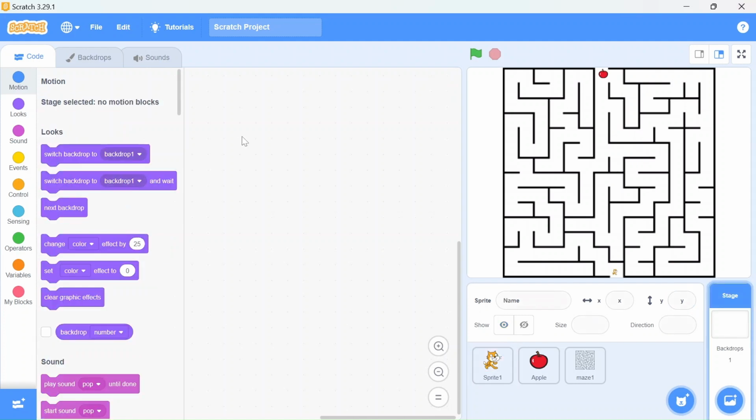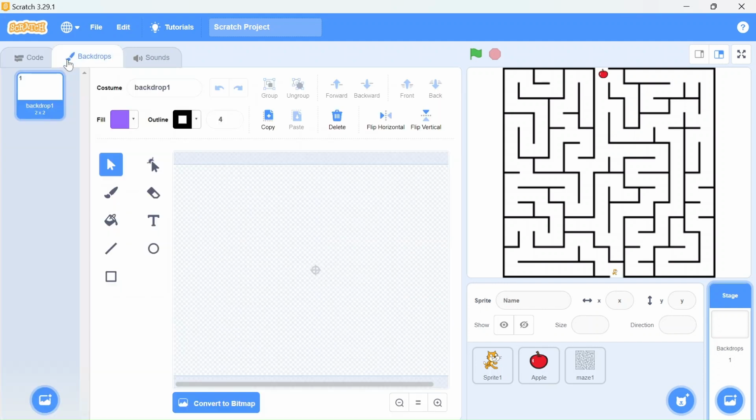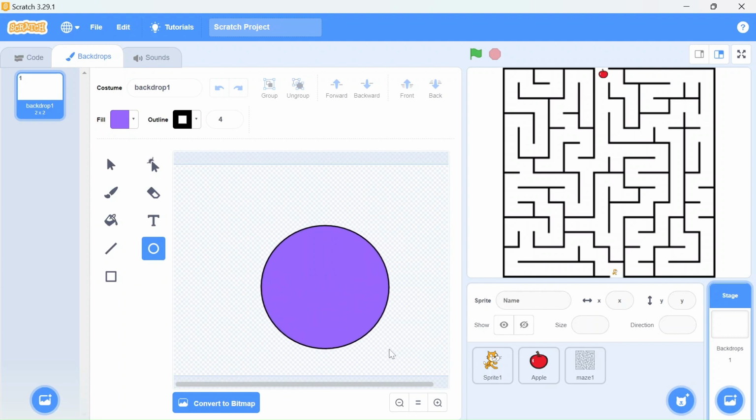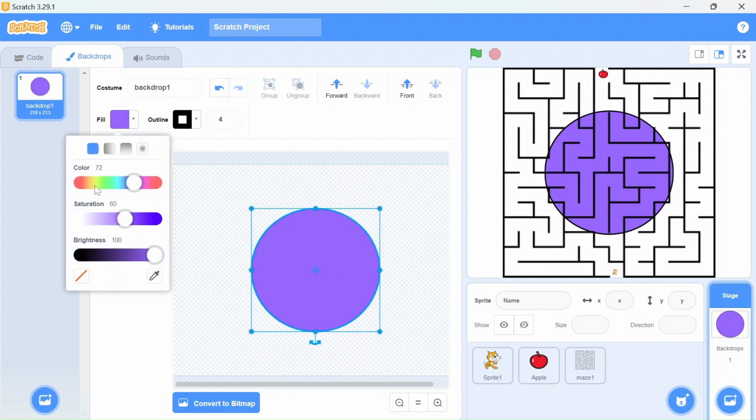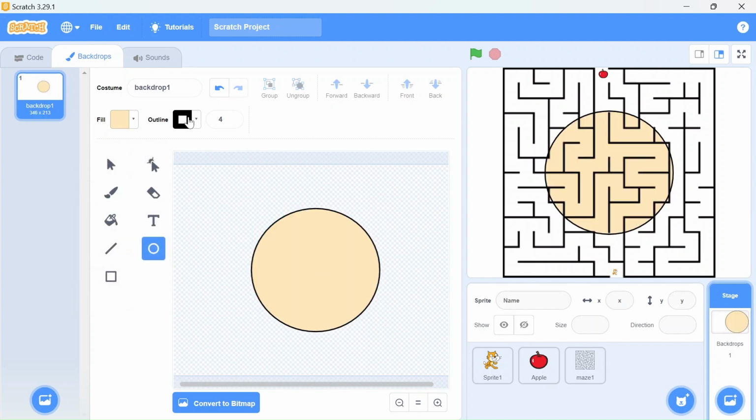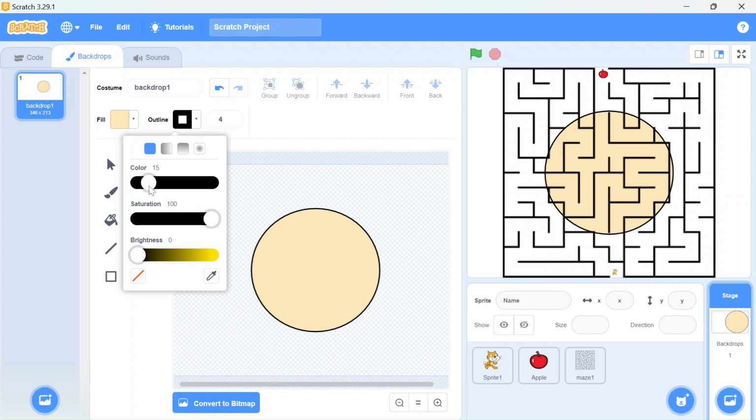We will go to the backdrop, and we will also make this backdrop look better. We will draw a square here. Oh, sorry, a circle. We can put it in the center. And we will change its color. Make this color light. You can choose this as per your own choice. I'll make it cream color. And here we are almost done. We can even set the outline, making it 10 here and 25 this.